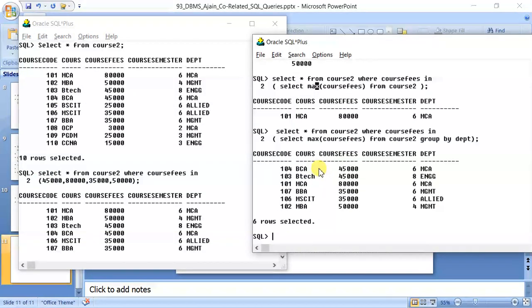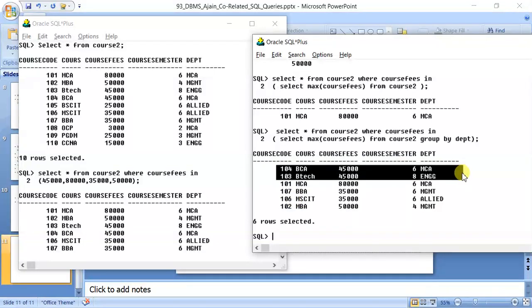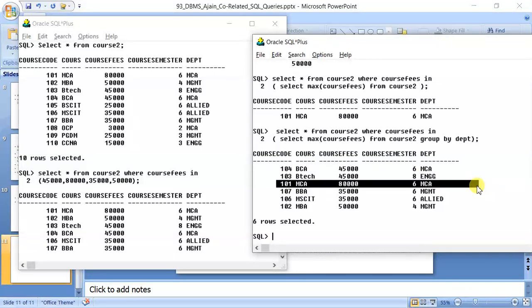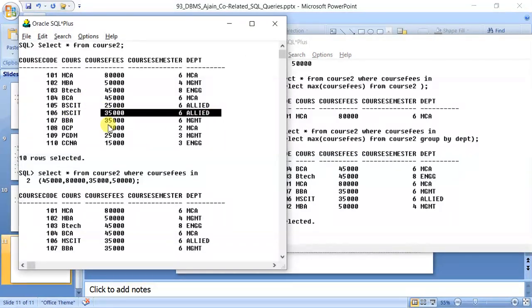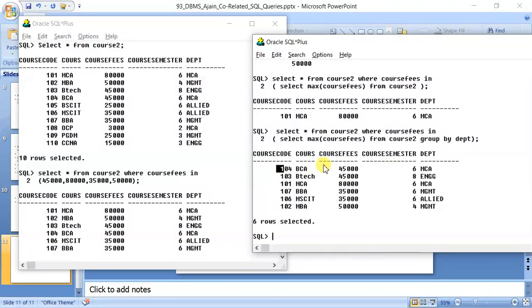As you can see, BCA was displayed, but BCA is not the highest course fees of the department. The highest course fees is MCA. Are you getting? So this was the fault. Similarly, the same thing happened for MSCIT 35,000 and BBA 35,000. So you can see this BCA and this BBA were wrongly displayed, as they are not the courses having the highest course fees in their respective department.